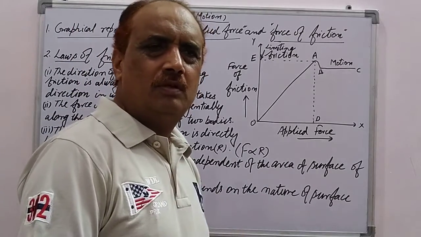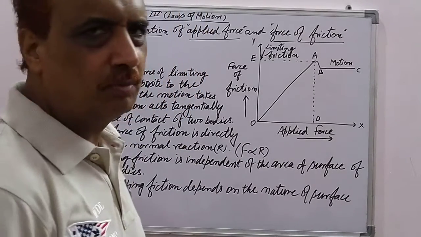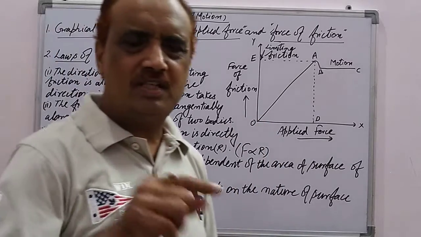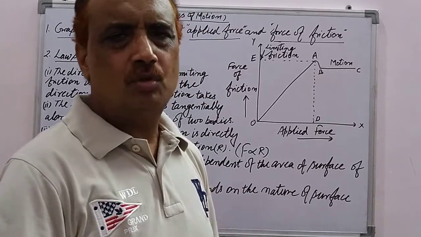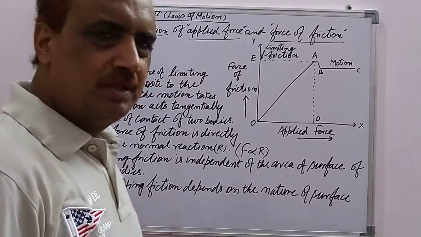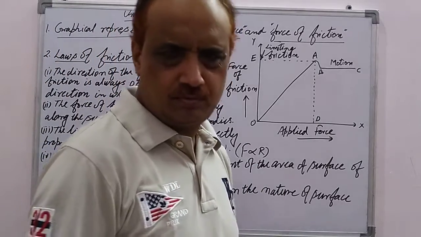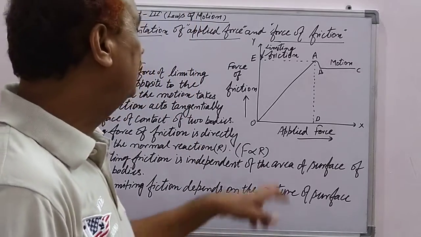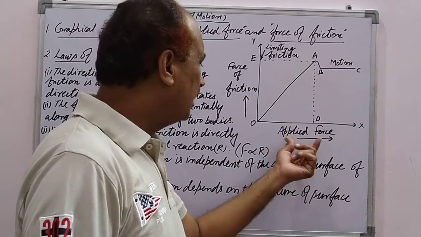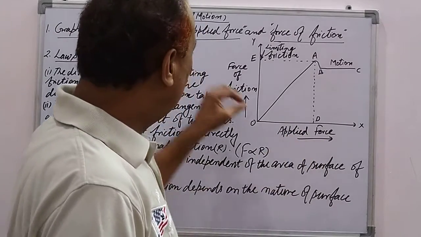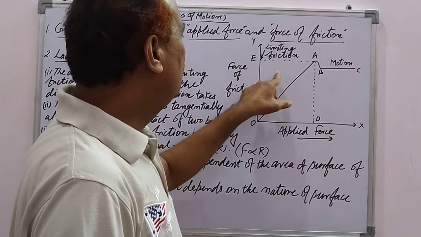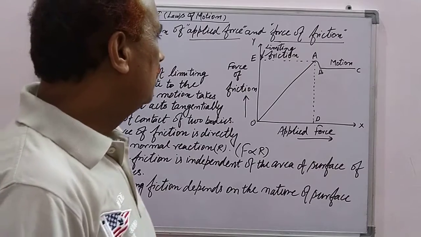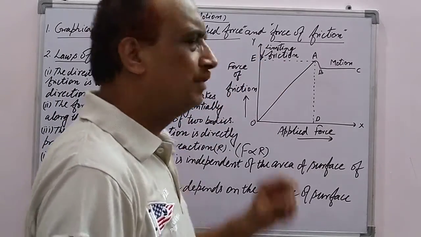As we increase the external force acting on the body, the static friction acting on the body, in the direction opposite to the motion, will also increase. It means whenever we increase the external force, the static friction increases in the same proportion, until a condition is reached when the magnitude of the external force is equal to the force of friction acting on the body. That is the maximum static force, and it is called the limiting force of friction.